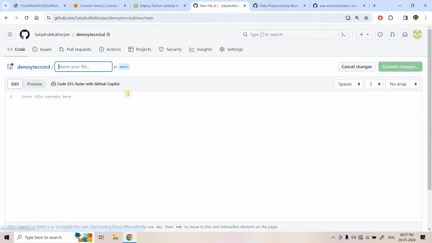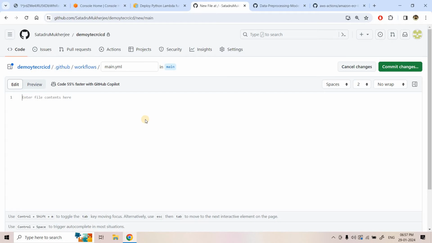So create new file. So here, as you know, first the directory should be GitHub. Within that we should be having the folder workflow, and this I already covered in my video where I have explained GitHub Action in detail. You can check the link in the description box, and then here we'll be having our main workflow code which